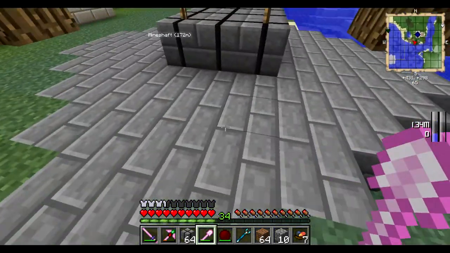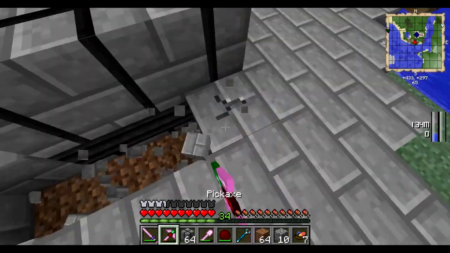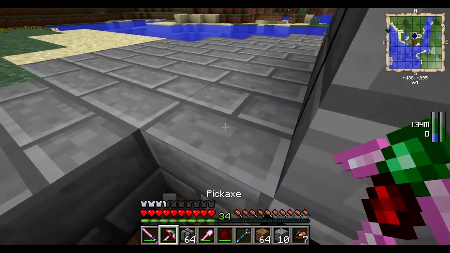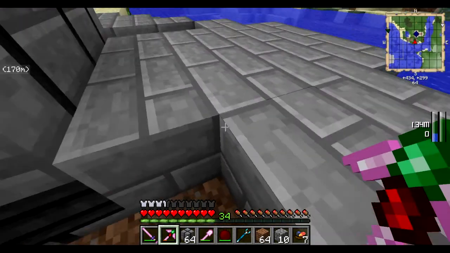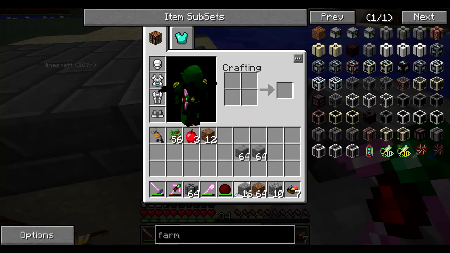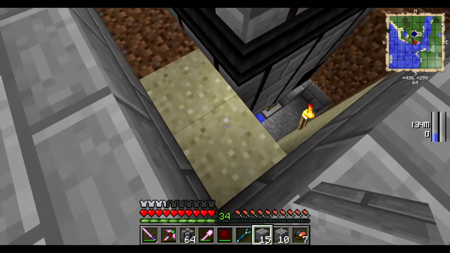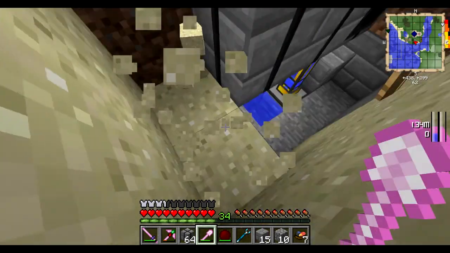Okay. So the first thing we need to do is expand this. I'm going to make the max size farm. Okay, so we have this. Let's go ahead and expand it this way. Oop, probably one too many. Yep. That's okay. So we'll go ahead and put this here. So now we need to go ahead and just dig down, because we need all the way...